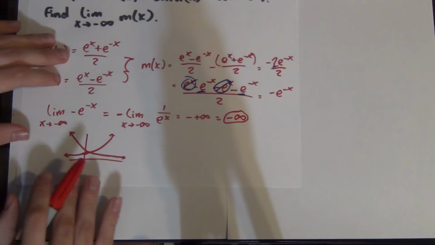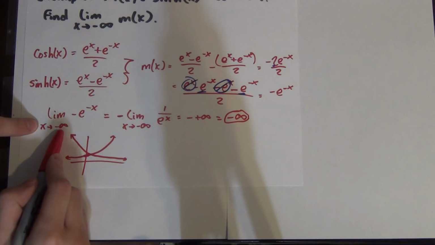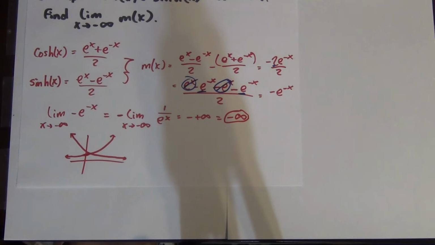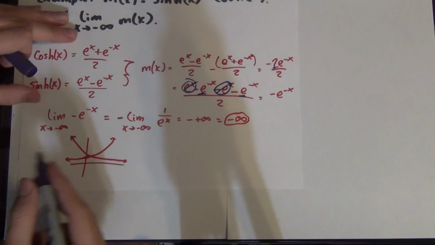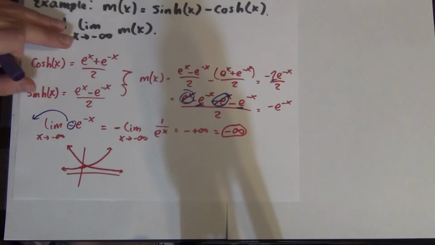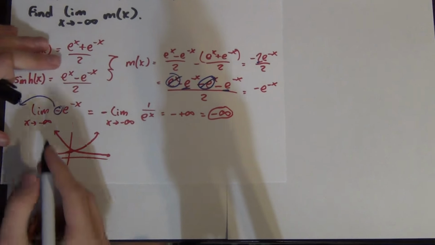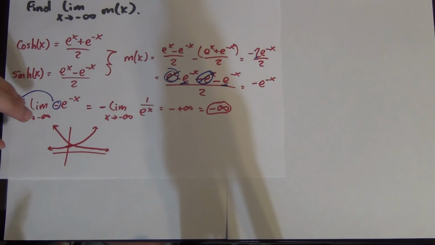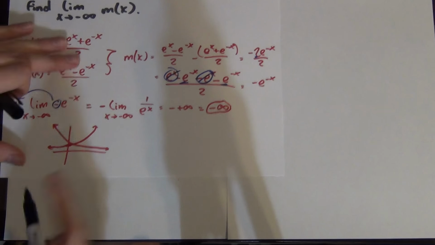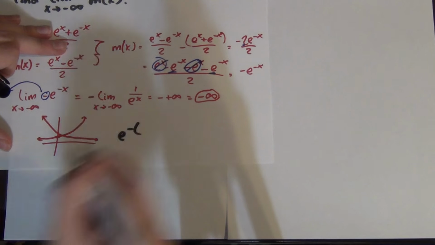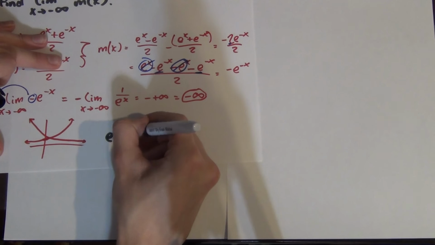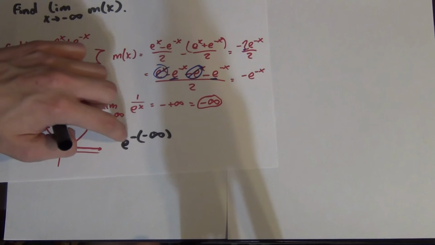All right, so let me go over that again. The limit as x approaches negative infinity of a negative e to the negative x. The first thing I did was I said, all right, look, according to my properties of limits, I'm going to take this negative sign and pull it out front. So I don't have to worry about that right now. And then I'm just dealing with the limit as x approaches negative infinity of this guy. Well, try direct substitution, and I don't like doing this, but if you want to plug in negative infinity, like I said, it's not a number, it's a concept, but just for the sake of this, e to the negative and then whatever my x value is. Well, if it's negative infinity, if I plug that in, these negatives are going to cancel out